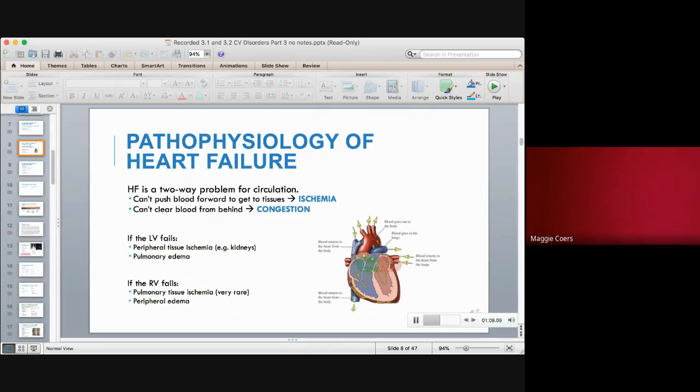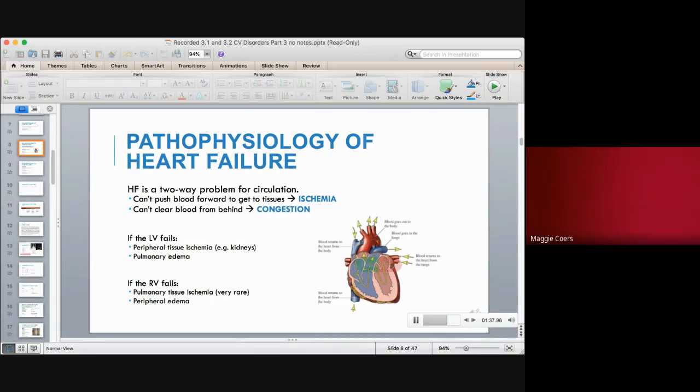It's a two-way problem. Can't push blood forward to the tissues, we get ischemia. Can't clear blood from behind the heart, so we get congestion. So if we have failure of the left ventricle, our peripheral tissues become ischemic because we can't push blood out, and we have backup into the pulmonary circuit. If the right ventricle fails, we can end up with pulmonary tissue ischemia, which is very rare,